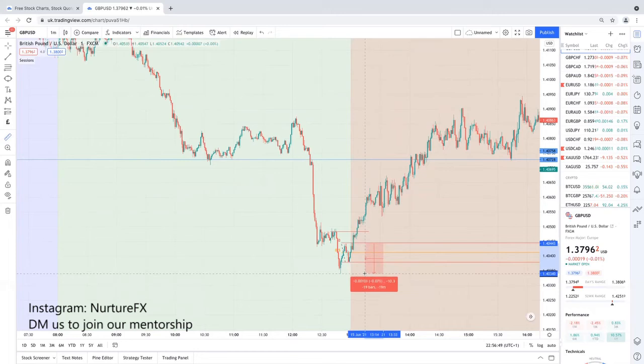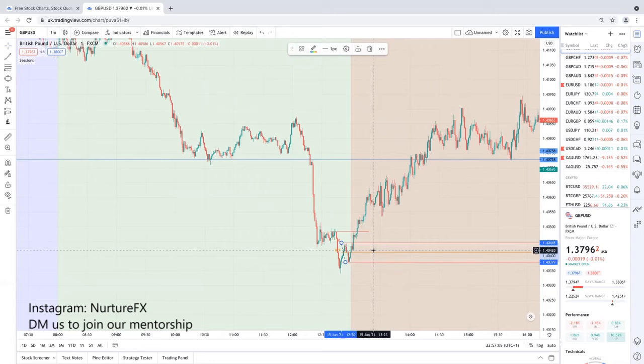So for me, I wouldn't enter at the top of that. I would enter at about 50% to go down. 7.5 pips, even for me, is slightly too much. But all you do is amend your lot size to the relevant size so that you keep your risk at 1%, 2%, 2.5%, whatever your